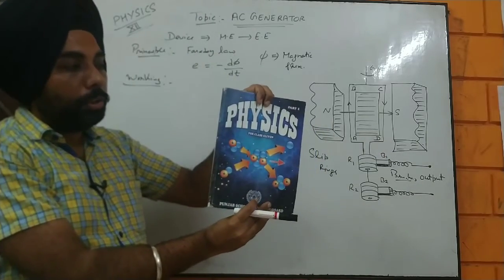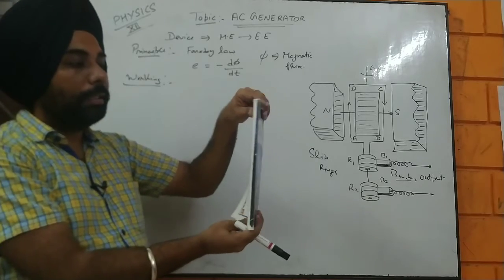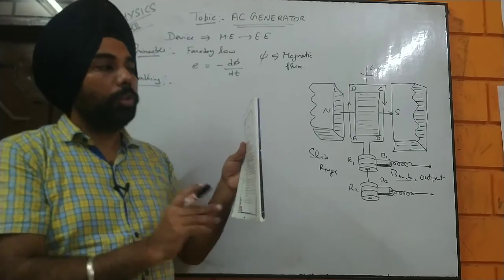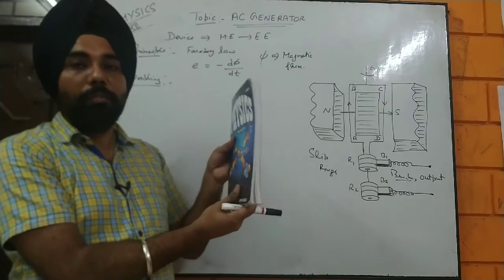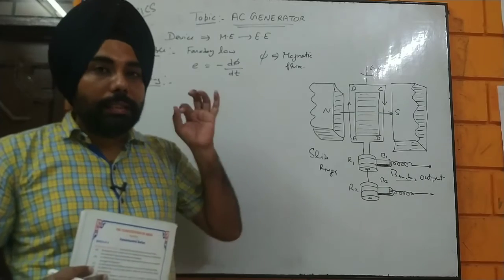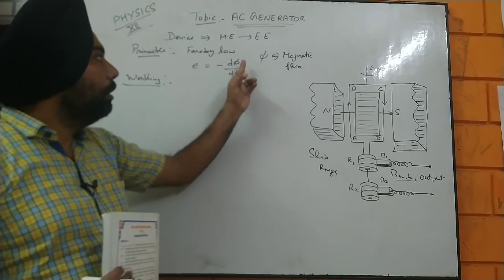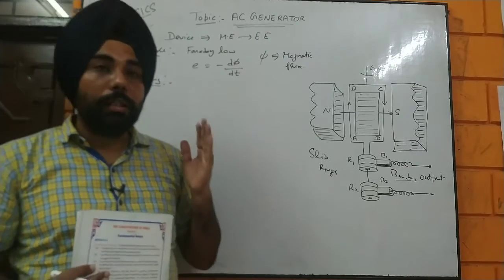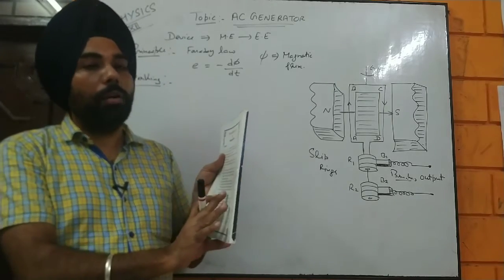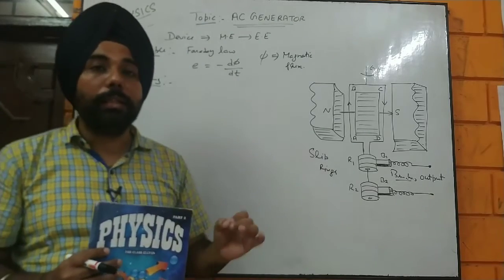But when it is further rotating, the magnetic lines are again going to decrease, and that is going to be the minimum number of magnetic lines going from north to south pole. Which means if we rotate it, every time there is going to be an increase or decrease in the magnetic flux, and that is the main principle, because if there is a change in flux, there is always going to be induced EMF. That is how, by providing mechanical energy for rotating that coil, we get induced EMF, which is used as electrical energy.